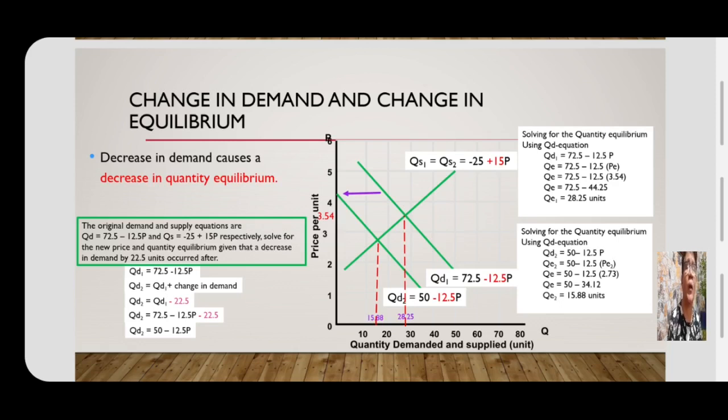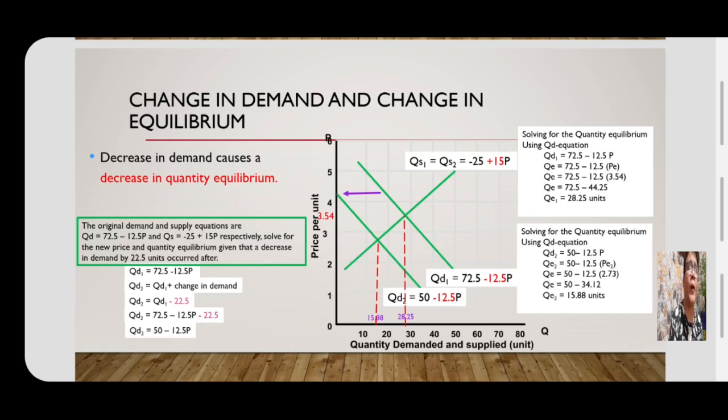So the original quantity equilibrium is given by 72.5 minus 12.5P. And substituting the original price equilibrium to the P of the original demand equation, we now have